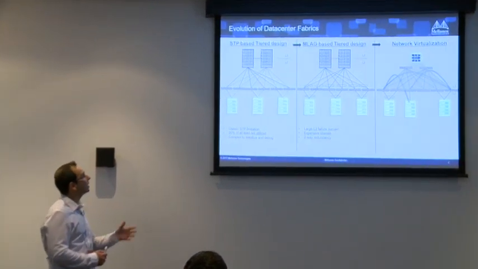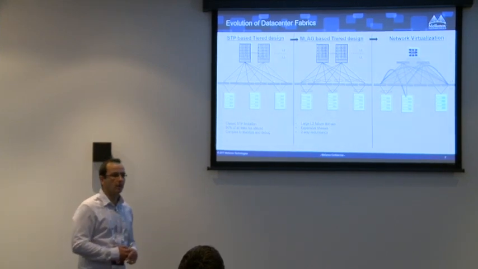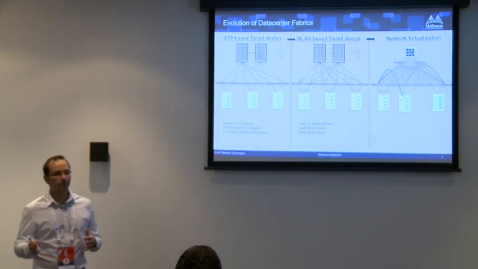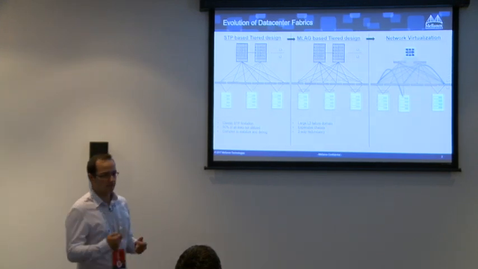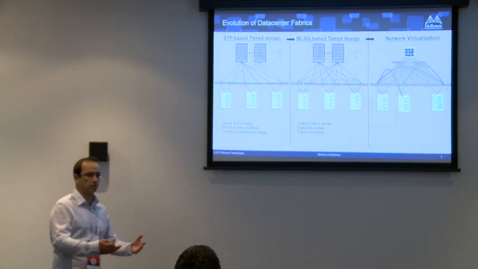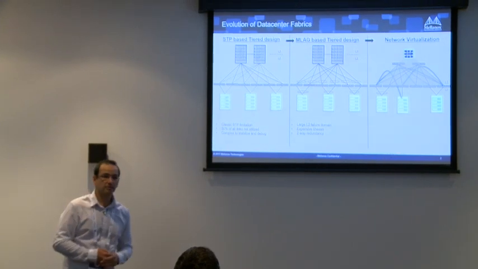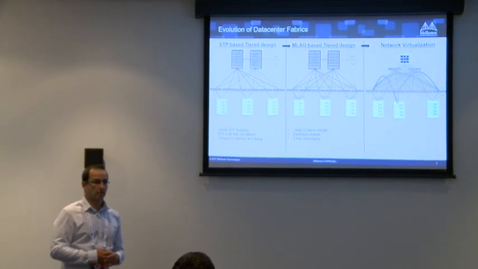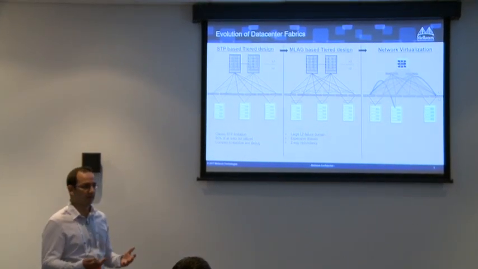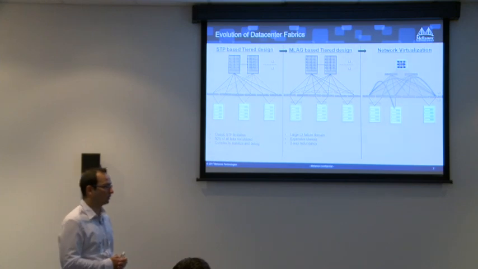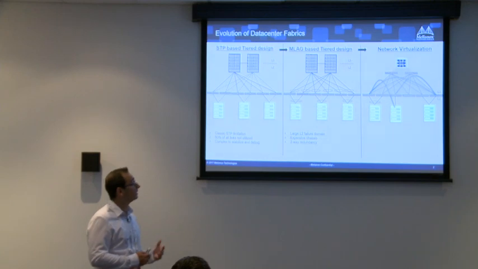Let's go and do some evolution of what happened with layer 2 fabrics. So people love layer 2, especially the server guys, right? The network guys, yeah, most of them are. But layer 2 is a pretty basic concept. You have a VLAN, you are connected to the network, you have what you need, everything is fun. At the beginning, there were some STP-based tiered solution. That's not a very good solution because basically you're losing a lot of links and you're losing a lot of bandwidth. You are paying a lot on the equipment, but not utilizing all the network that you need. It's a full layer 2 solution, but again, you're losing a lot.